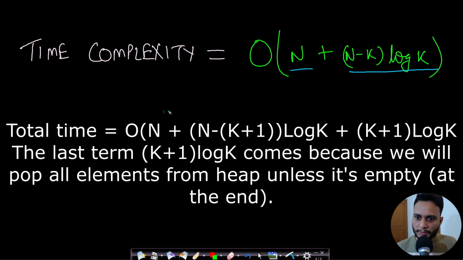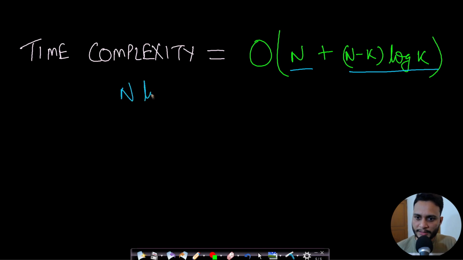Okay, so in the first technique we had seen that the simple approach was giving us n log n. Let's assume that n is very large compared to k. The second technique, using insertion sort, had time complexity nk. Now here the time complexity is n plus (n minus k) log k, right? So you will see that this is log k, and in the first technique it was log n.